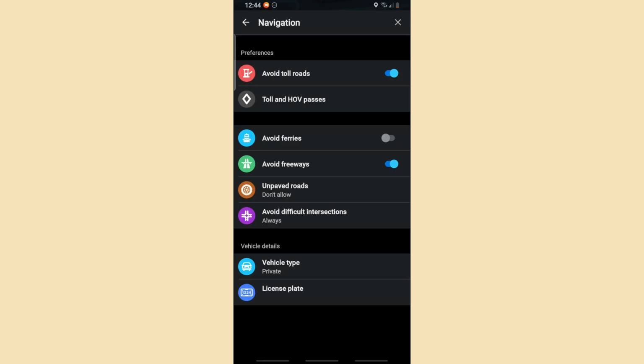And now pretty much over here, you could filter out your ways to avoid certain roads that you might want to consider. So pretty much you could utilize the feature of these ways in order for you to avoid certain